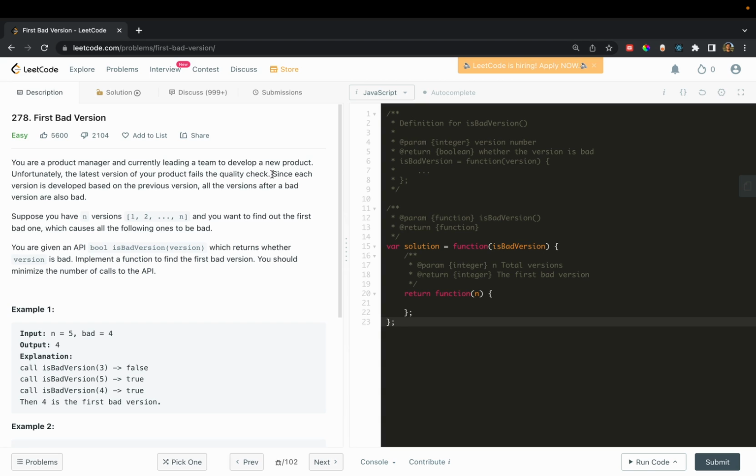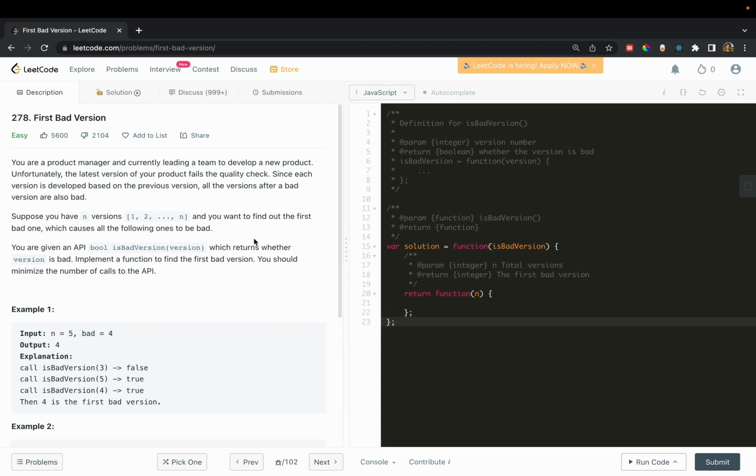But we don't know the first time it broke. Maybe we're on like n equals 8 here. We're on the 8th version, and we know the 8th version doesn't work, but we don't know when it originally broke. Maybe the 3rd version broke, and then everything after that failed. So this is one thing that's important from this problem: once we get one bad version, everything after it will also be bad. Our job is to find the first version that went bad, so that we can try